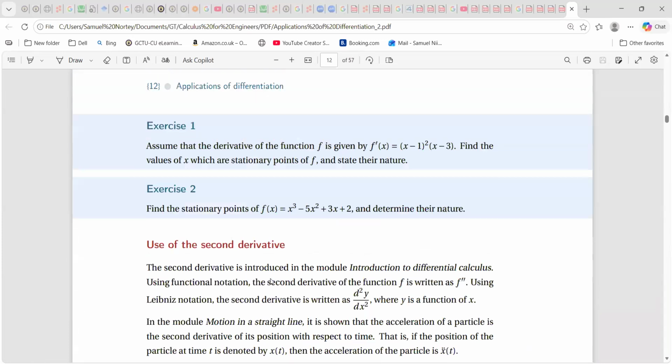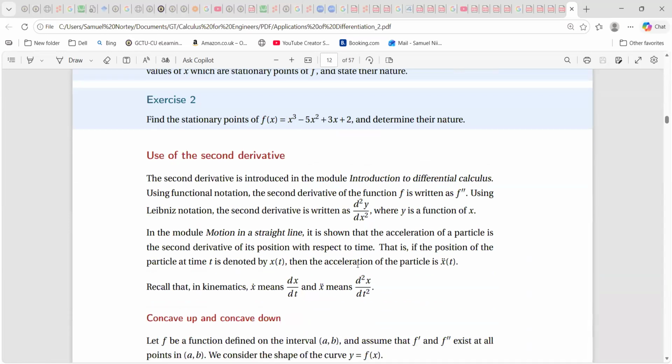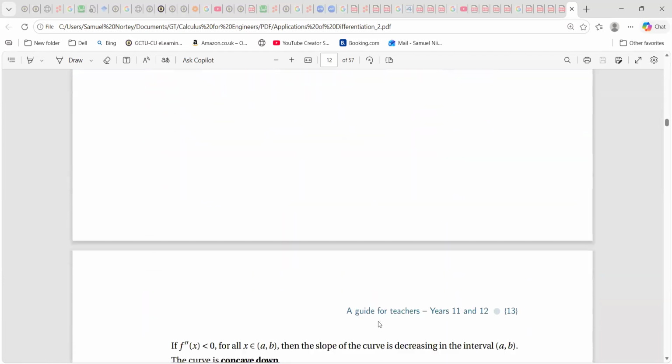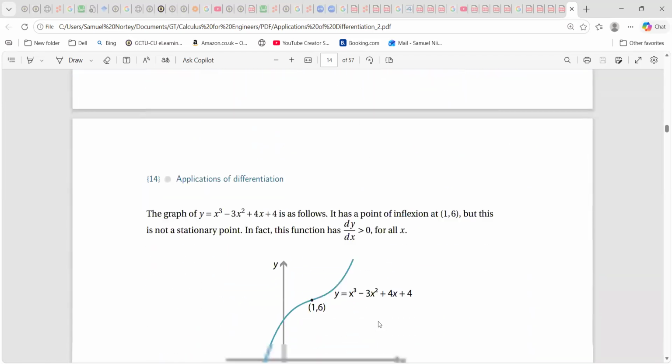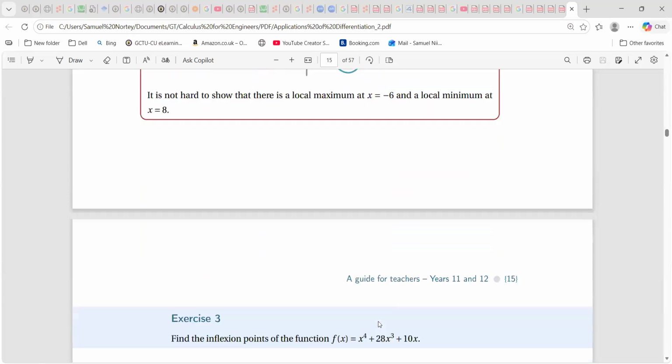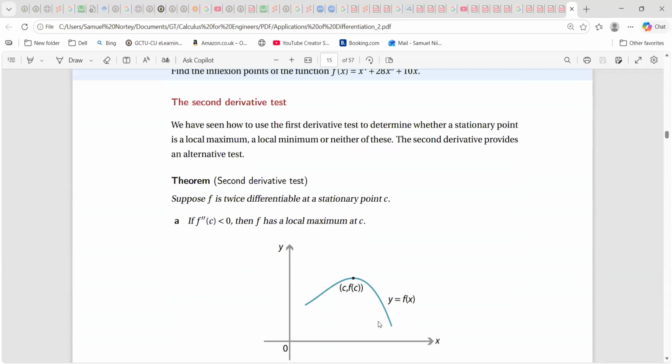Some of them have been done. You saw the equation we solved: find the behavior of a stationary point and determine its nature. Okay, so that's an application of this. So you must do first differential and do second differentials, and depending on the values, you will be able to explain. Okay, so this material will help you to understand what I was showing you in the PowerPoint. Okay, then